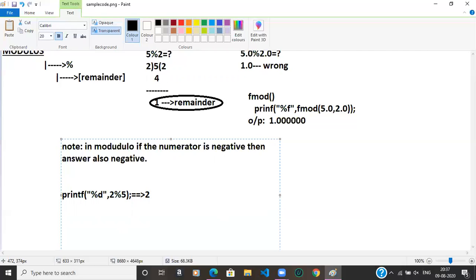One more thing we will see. If I want to perform printf of %d, comma 123 modulo 10, I will give you a shortcut for this.